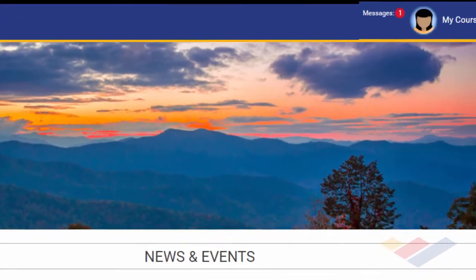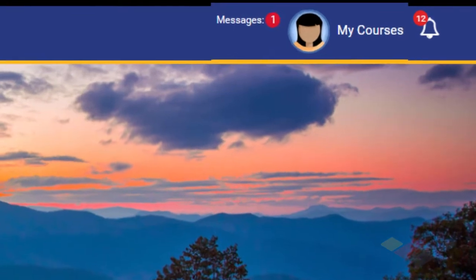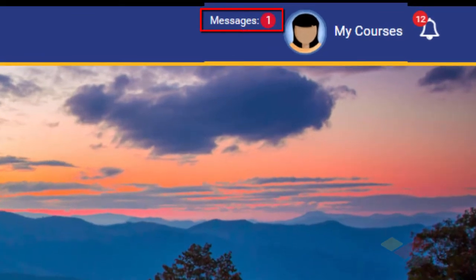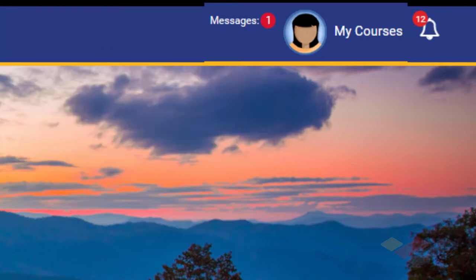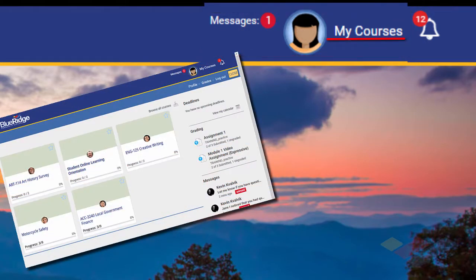Moving to the right, if you do have messages, a messages icon will appear just to the left of your profile picture. Note that messages are displayed in the lower right-hand corner of the My Courses frame. Then, of course, there's your profile picture. This will be tied to your identity. The link connected to Messages, your profile picture, and My Courses takes you into the frame that shows you your